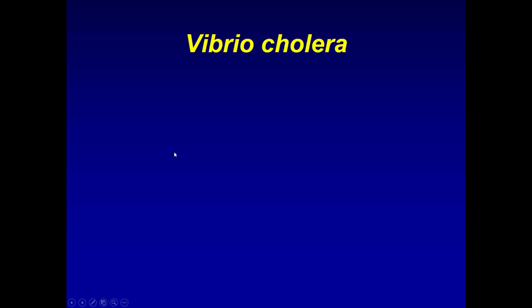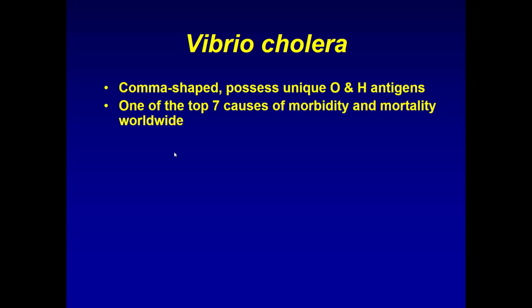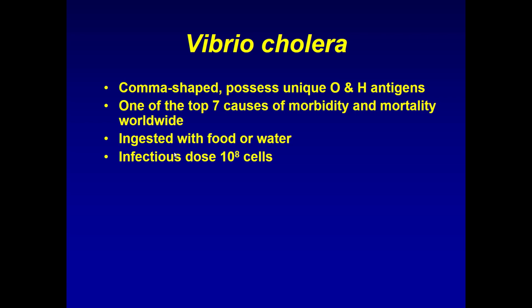All right, Vibrio cholerae is one of the 7 deadliest bacteria in the whole wide world. In fact, including everything else, not just bacterial diseases, this is still one of the top 7 causes of morbidity and mortality. It's spread through contaminated water usually, can also be food, but the infectious dose is 10 to the 8th cells. Now, this is an interesting bacterium for us because it's endemic now to the Gila Valley. It didn't used to be. We think it was carried here by waterfowl, but the Gila River is a reservoir for Vibrio cholerae.